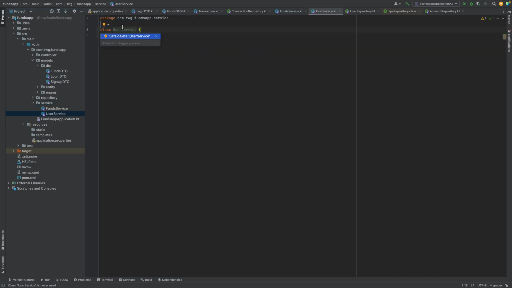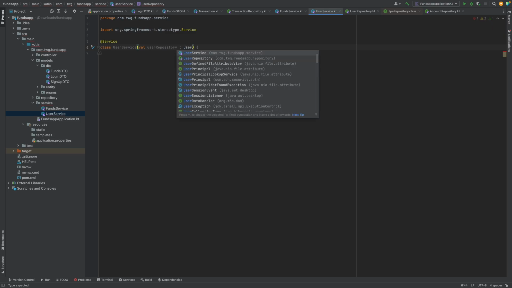and then go ahead above here, add the annotation of service. And for the user service, what we're going to need is an instance of the user repository. So using dependency injection, what I'm going to do is from the constructor, I'm going to inform that I need an instance of the user repository. So when I go into the user service, it's automatically going to inject an instance of the user repository for me to communicate with the user database